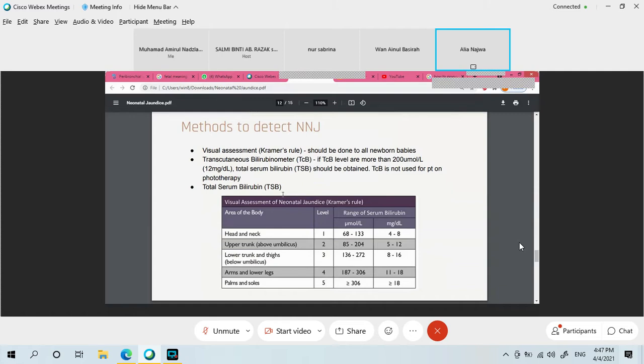And then for Kramer's rule, this is what I've mentioned earlier. If it is only at the head or neck, then it is only level 1, and then upper trunk is level 2, below the umbilicus is level 3 already, severe in the legs is level 4, palms and soles is already level 5, and from what I have read, if it